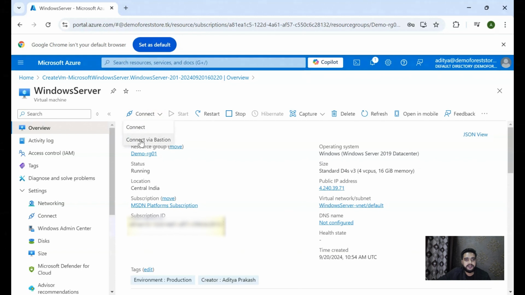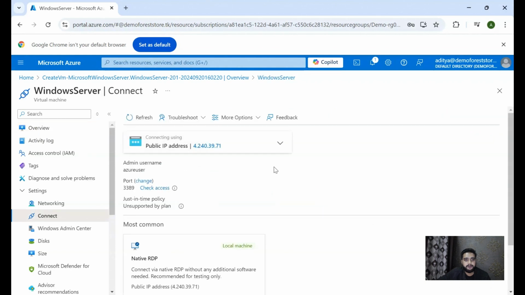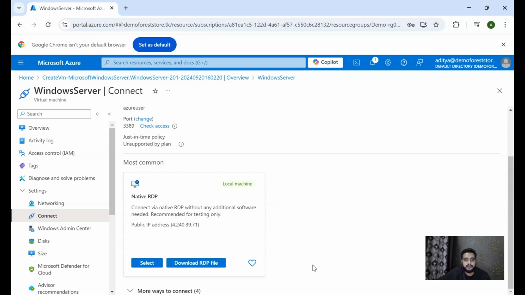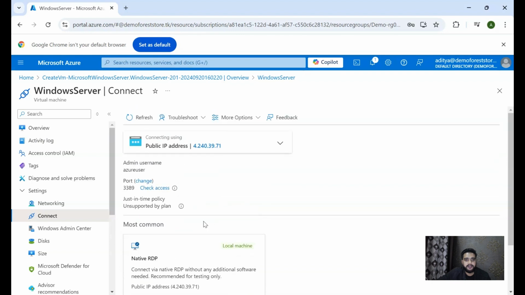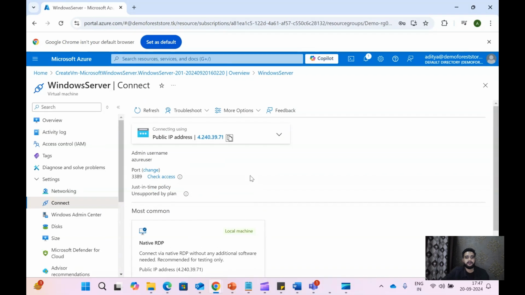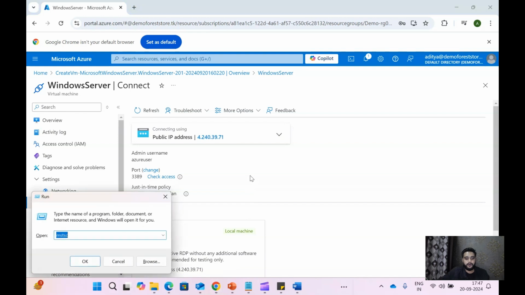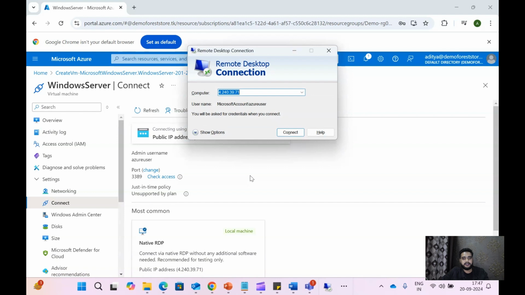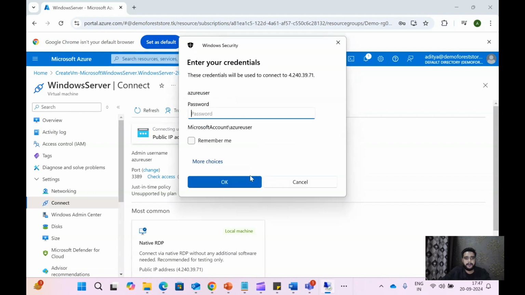There are two options available, connect via Bastion and connect. We'll click on connect. It will take us to the page where we can either download the RDP file or straight away copy this IP, go to Windows R, open MSTSC, paste the IP here and click on connect.